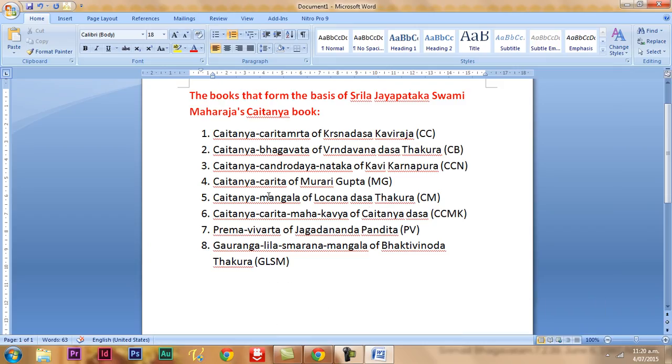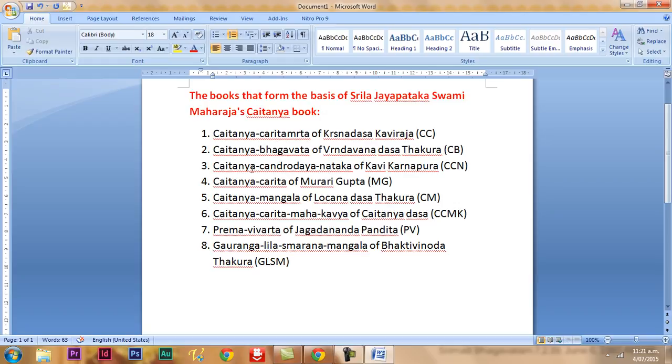Likewise, when Vrindavan Das Thakur is describing Lord Chaitanya's pastimes, he spends most of his book describing the Lord's pre-sannyas pastimes, whereas Krishnadas Kaviraj Goswami spends most of his book describing Lord Chaitanya's post-sannyas pastimes. So Vrindavan Das Thakur sometimes jumps ahead and then goes back. So everything needs to be presented in a chronological form.